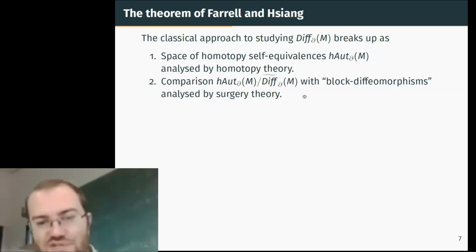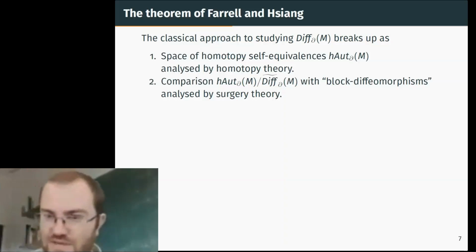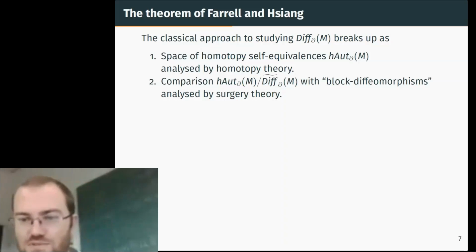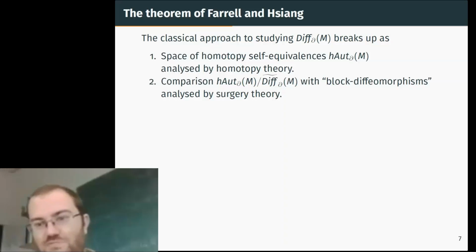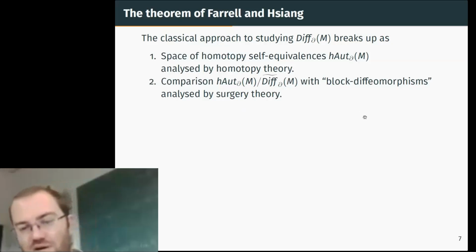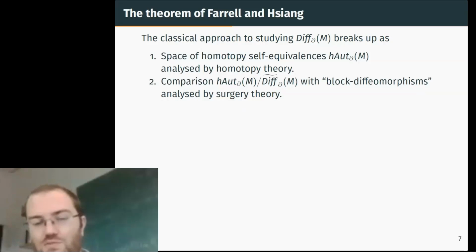I won't try to say precisely what block diffeomorphisms are. One way to think about it, which is not rigorous and is not true, but is a way to think about it, is as a coarsening of the topology on the group of diffeomorphisms. So on the group of diffeomorphisms, a continuous path in the group of diffeomorphisms is an isotopy. In block diffeomorphisms, a continuous path is a so-called pseudo-isotopy, which means it's a diffeomorphism of M cross interval, but it doesn't have to be fibered over the interval like an isotopy does. It's just a diffeomorphism that can mix up different times in the interval direction.